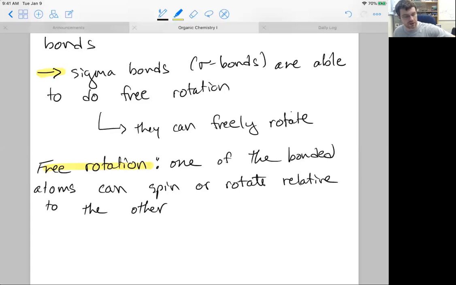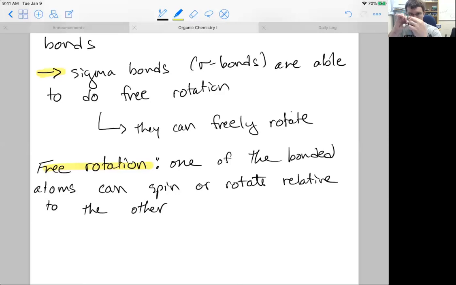And if we just look at a quick example of it using our molecules, I've got two carbon atoms. I use these as my tetrahedral models. What I'm going to do is attach the two carbon atoms, one with green hydrogens and the other one with white hydrogens. And what we're saying with free rotation is we have a left side and a right side carbon atom, and carbon is the black ball. And between the left and right side, I can spin one of them relative to the other one. Okay, so the back one in this perspective is staying put, but the front one is spinning,